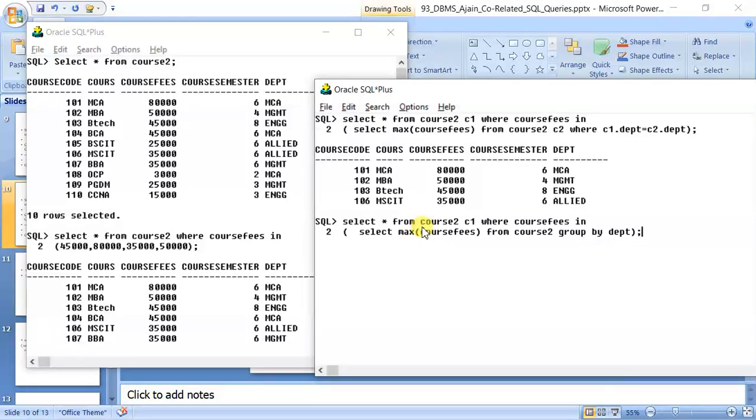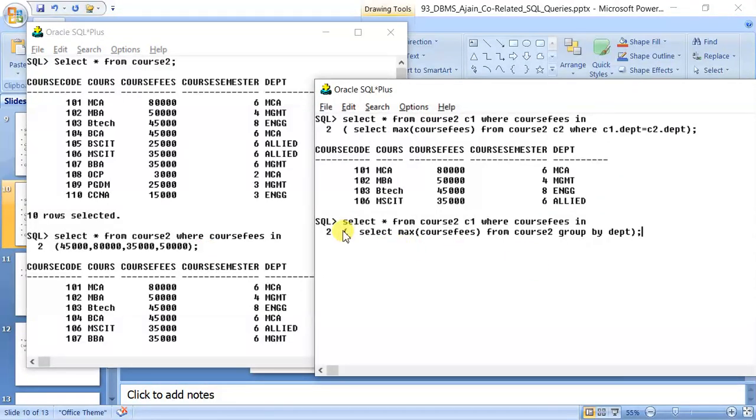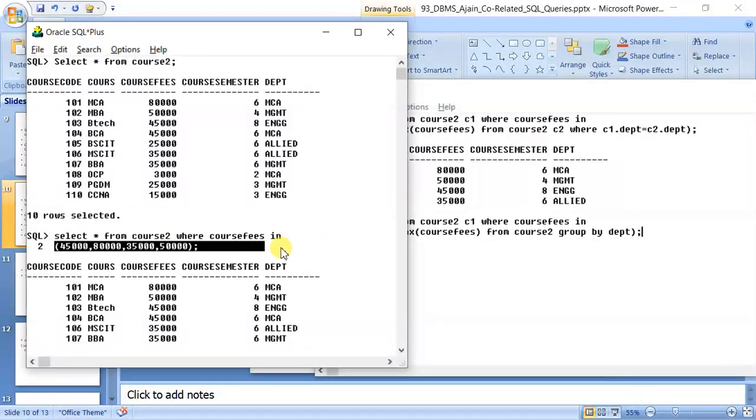In this case, Oracle first of all executes the innermost subquery. There is only one innermost subquery, so how many times will it be executed? Just once. After executing once, it returns some values, which I had shown you here. So this query will execute only once and it will return this value. When these values are returned, then the outer query will work.